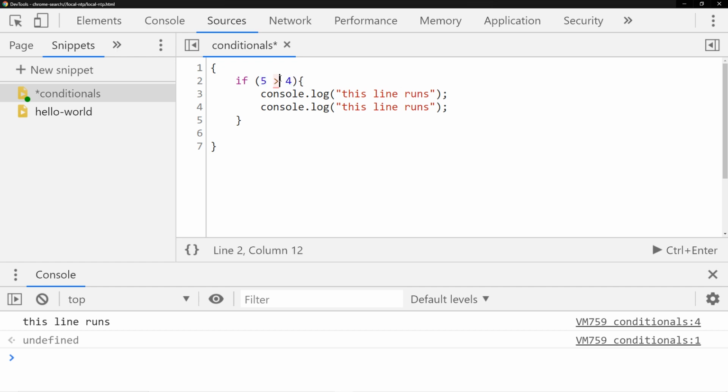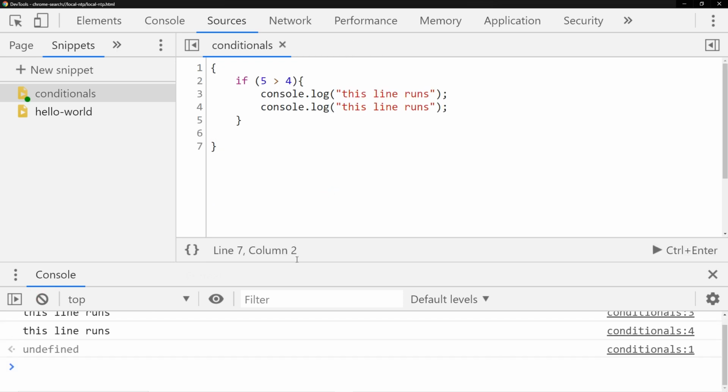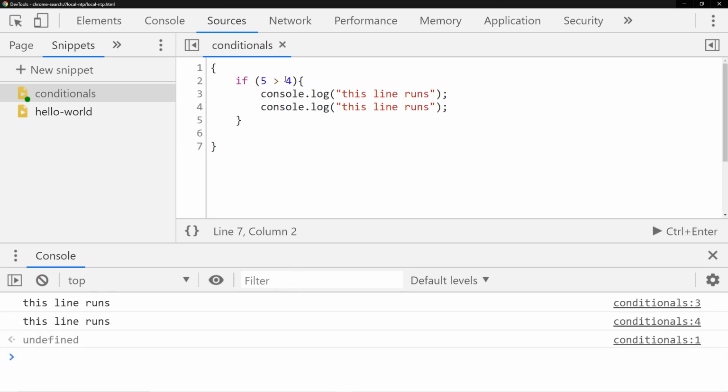We also have greater than, so in this case, this will be true. So we get two console.logs. We also have greater than or equal to, and we write it like this. We also have less than or equal to, and we write it like this. And we have equality, which we use 3 equal signs. So this checks if 5 is equal to 4. In this case, that's false, so we shouldn't see anything,